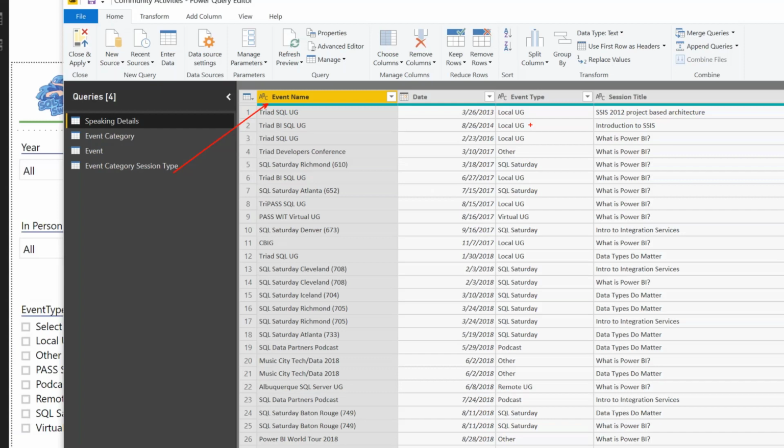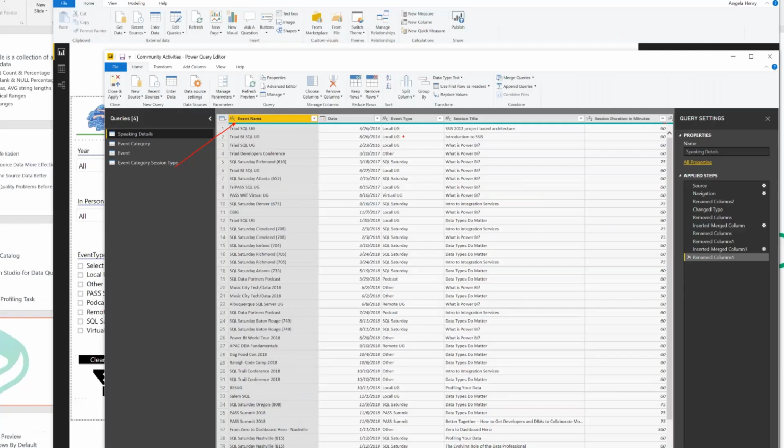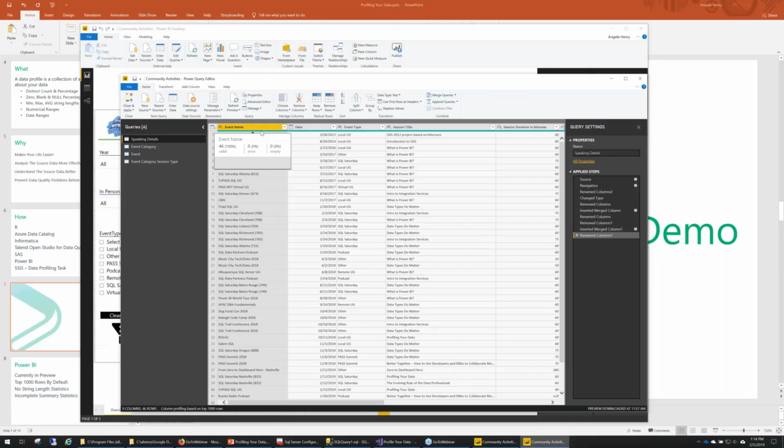So not super helpful, but you can go in and, if you hover over it just right, it gives you a little bit more information about your data that's in that column. And you can go look at the dates, but again, you have to hover over it just right. So while that's okay, that's kind of hard to use,